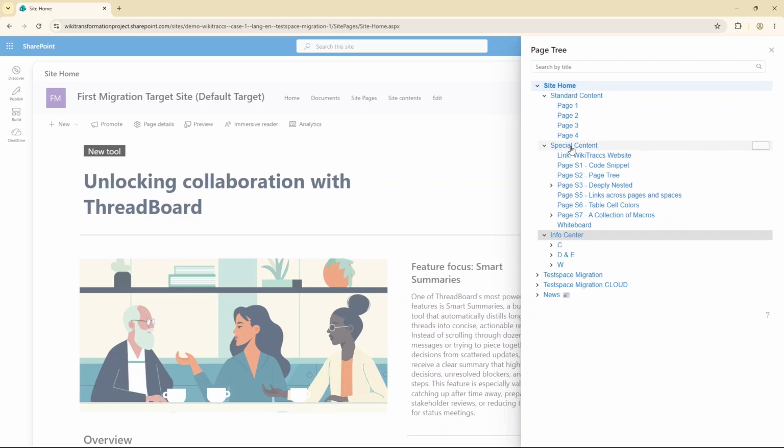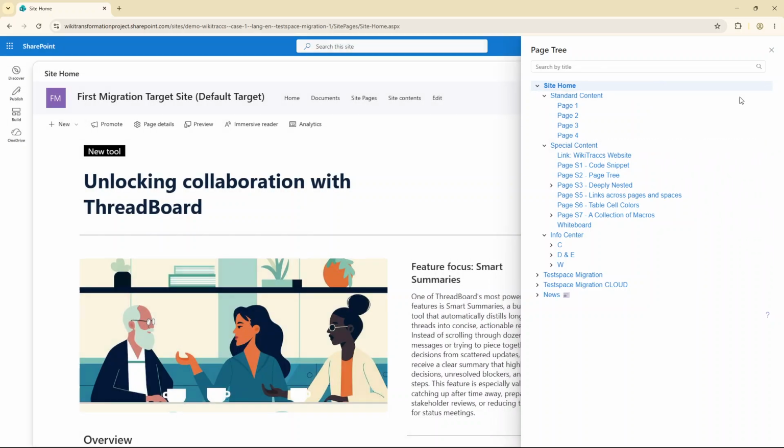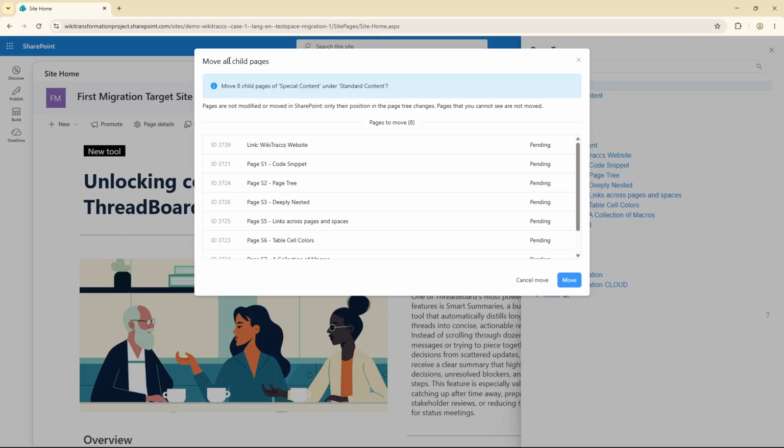parent node. And the way you do that with WikiPakk is you go to the old parent page, which is special content. Click the 3-dot menu and then select Move All Child Pages. Click that, and then you can choose the new parent. In our case, it's standard content. Click Move, and the Move All Child Pages dialog opens. It shows you how many child pages will be moved. It again shows from where to where, and then you click Move,